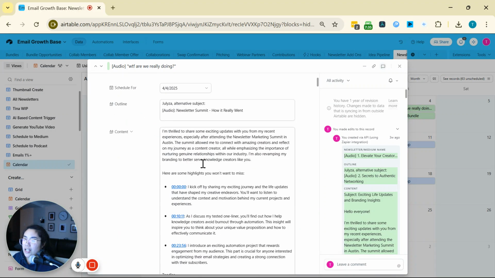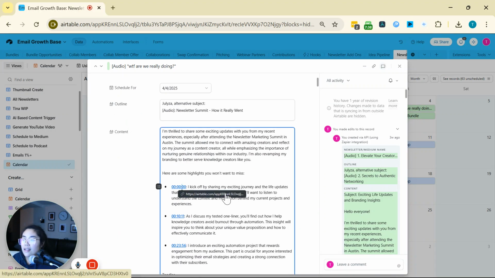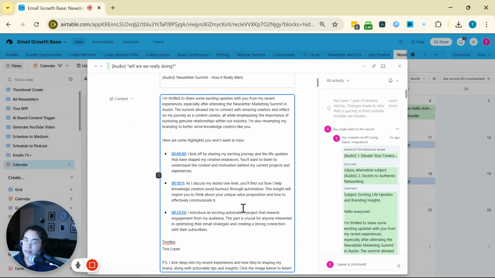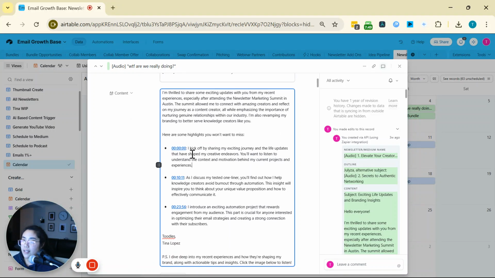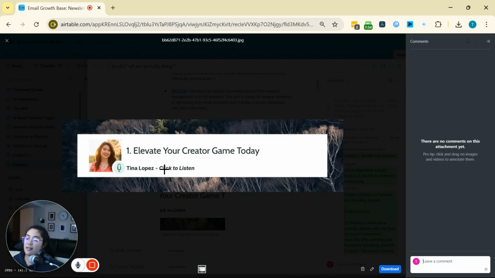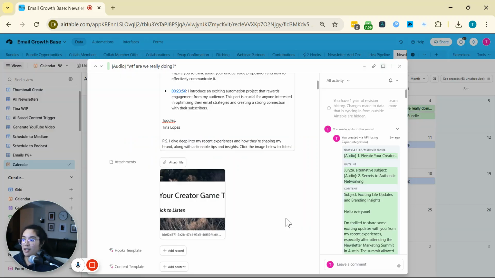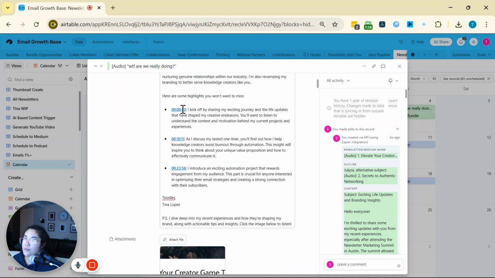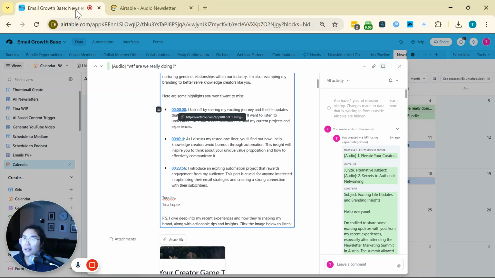It actually links the place that I'm hosting it, and where I'm hosting my private audio letter feeds is actually in Airtable. I really love doing that because I think it's freaking amazing, right? So that's literally it. I created a personalized image where I did this, and all people have to do is click this image, and then they get taken directly to my audio file section here, where I'm having the audio newsletter. Let me show you this example while it loads.